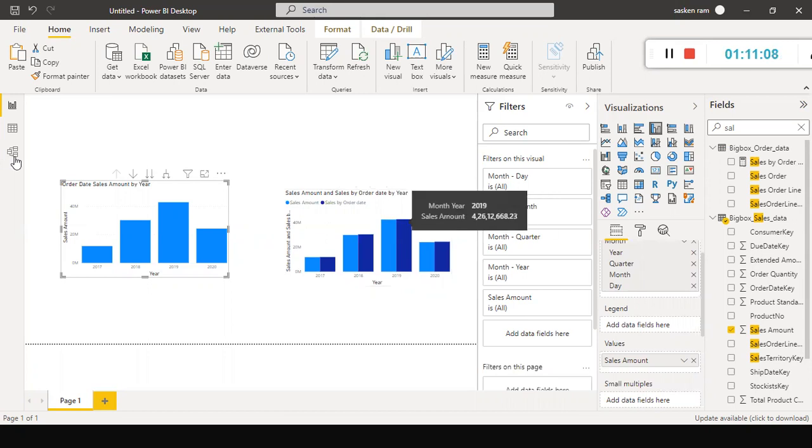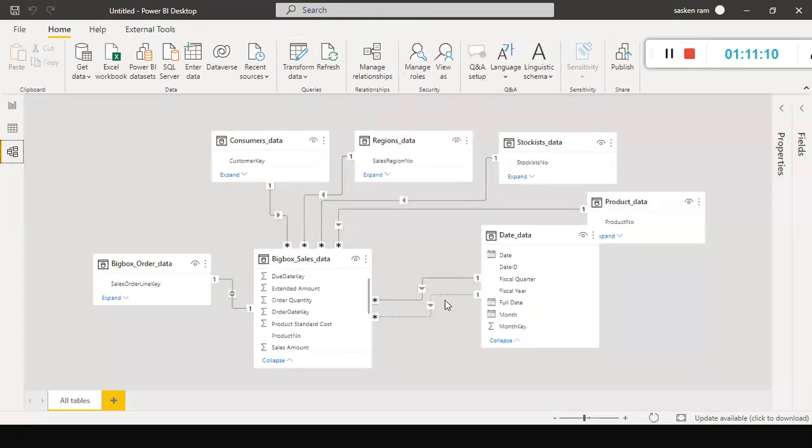Now to answer his question without relationship, I'll read it out one more time. With the existing relationship, can't we do that? You can do it. You have another option called role playing dimension. In the case of role playing dimension, you don't have to create the inactive relationship between these two tables. What you do is you just simply copy paste this dimension to another table. How do I do that?